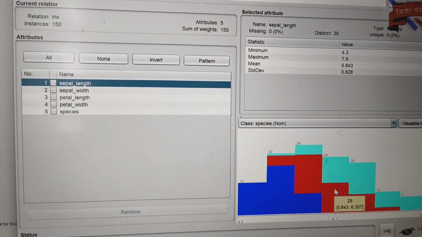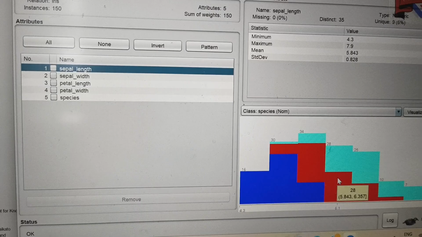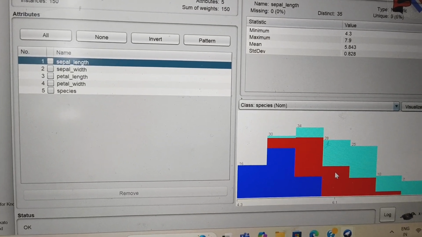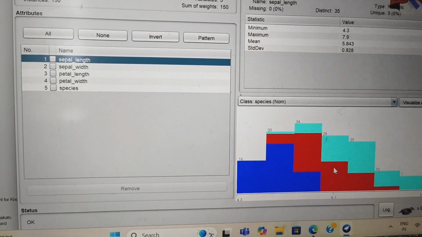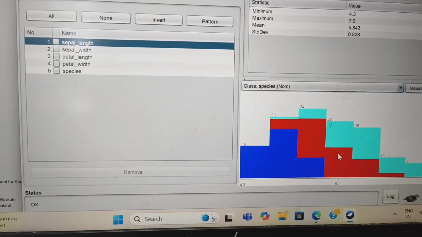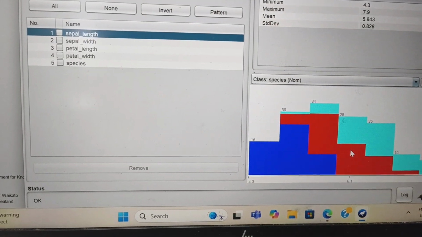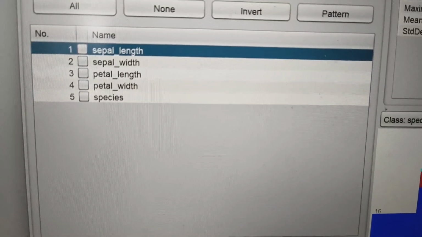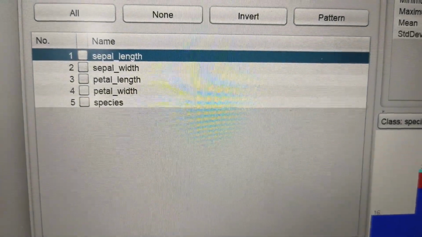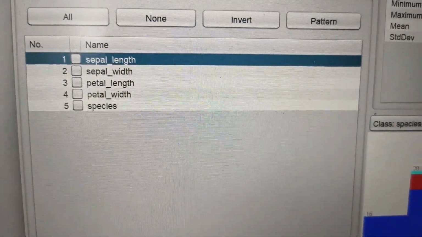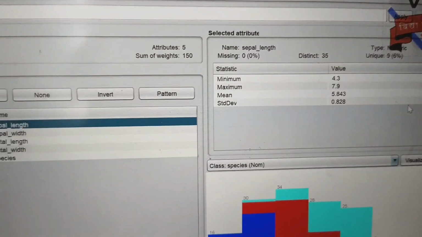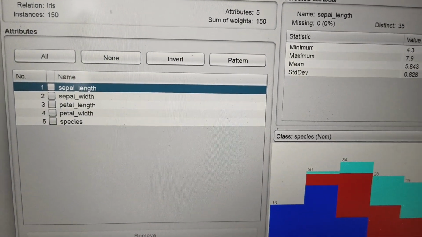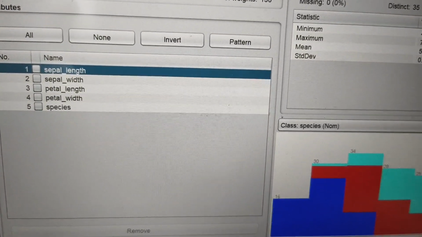Now you can see, after selecting the iris dataset, we can see the graph of the attributes. There are 4 attributes in the dataset: sepal length, sepal width, petal length and petal width. Now the first visualization is for the sepal length.